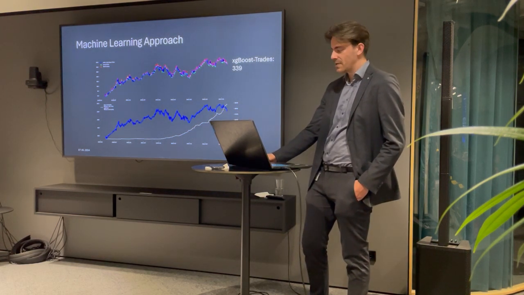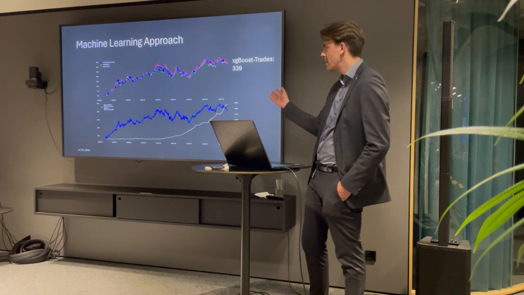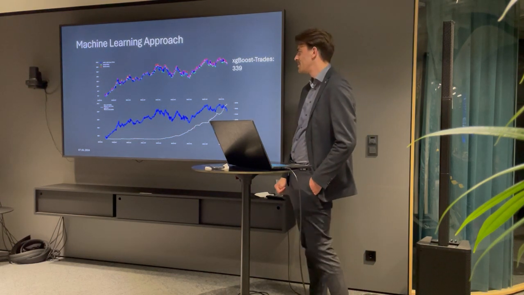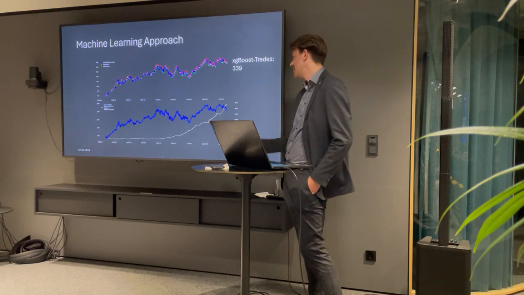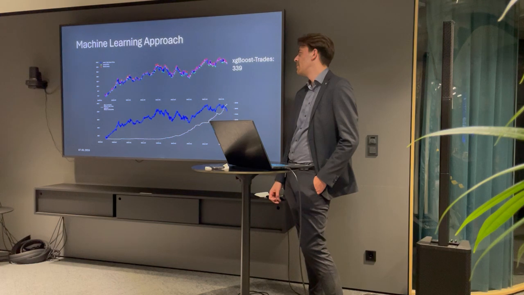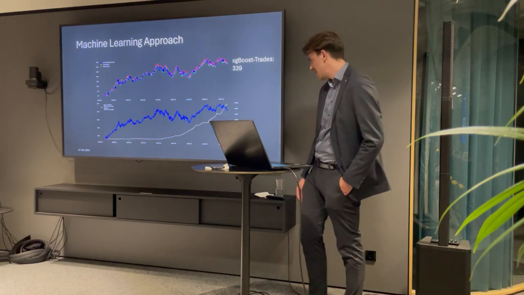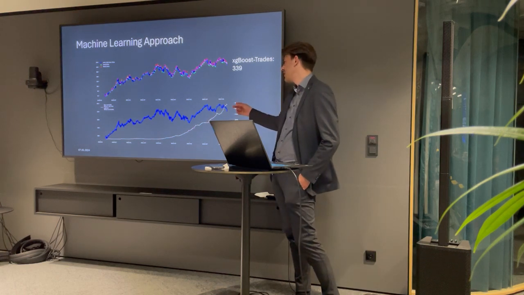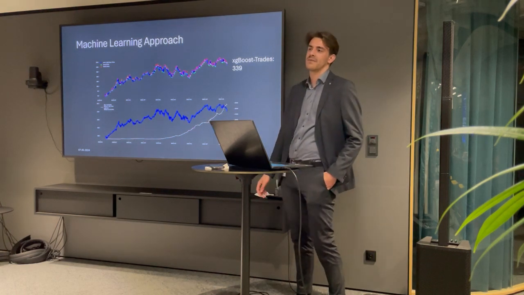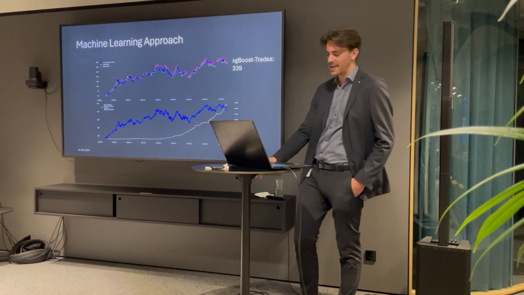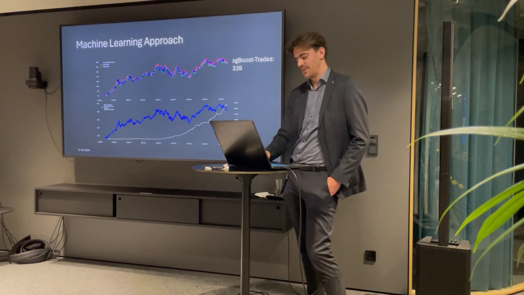The second point, which we can see here: in blue we have again the return of the buy and hold strategy, and the white dashed line is the money which would be returned to us from the XGBoost model. Please notice that this is a second axis, and we would have ended up with about 3,500 euros using an initial investment of 100 euros.